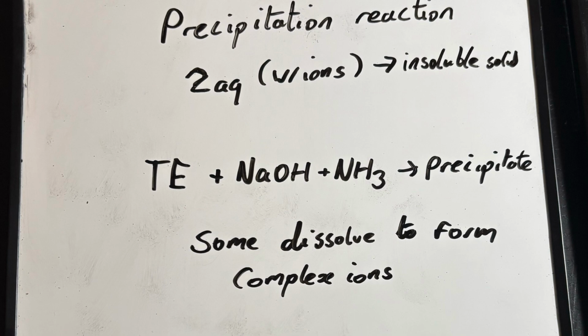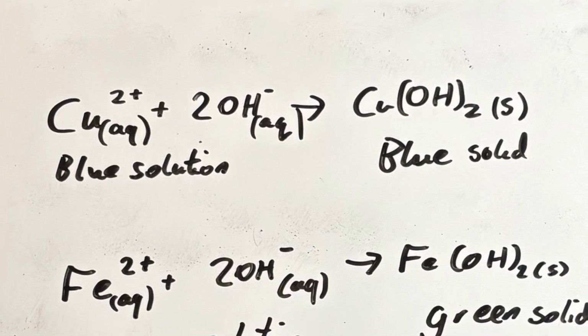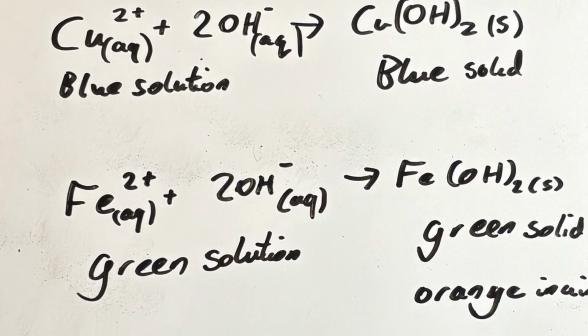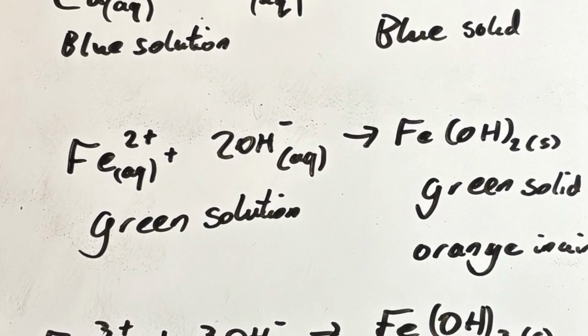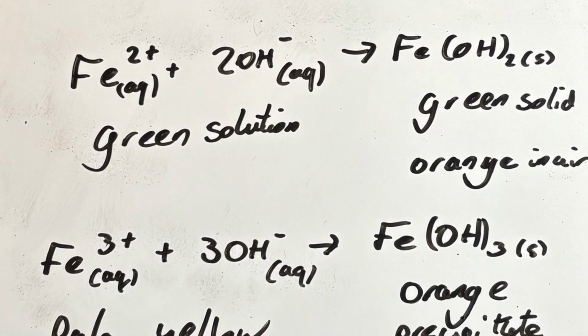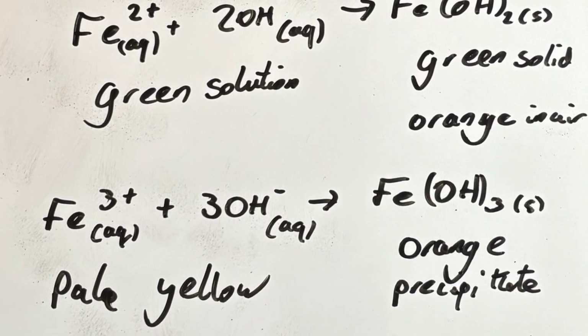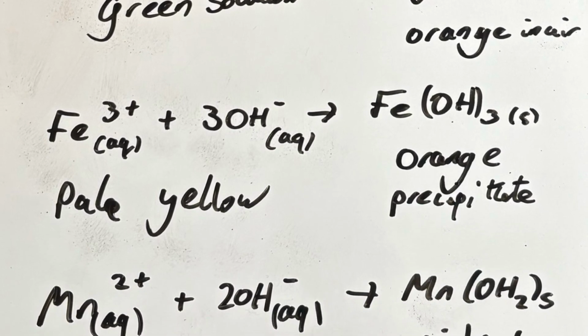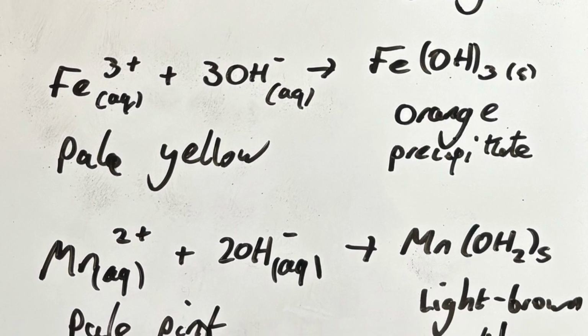And with a transition element, if you add in sodium hydroxide and ammonia, you will form a precipitate, some of which will be able to dissolve to form complex ions. So I have written down here all of the reactions of the transition elements that you need to know with hydroxide ions and the colours that they form. Now, I've used solid instead of precipitate purely because I couldn't fit precipitate on the whiteboard, but hopefully you still understand what I mean. So copper is blue to blue, iron 2+ is green to green or orange in air,